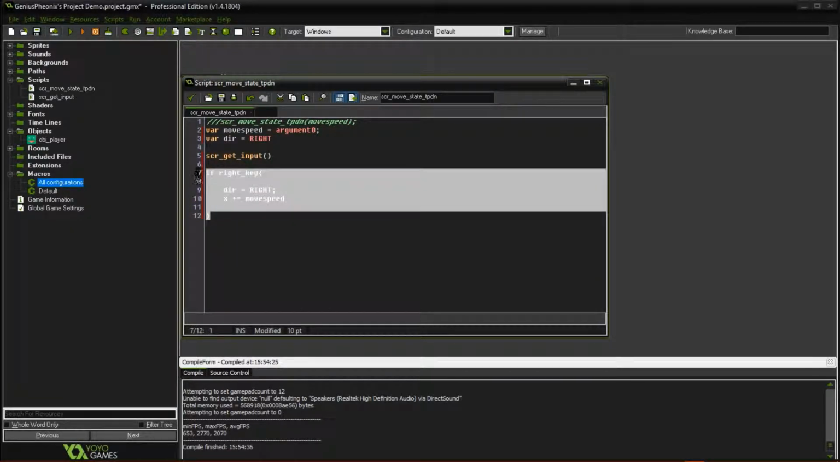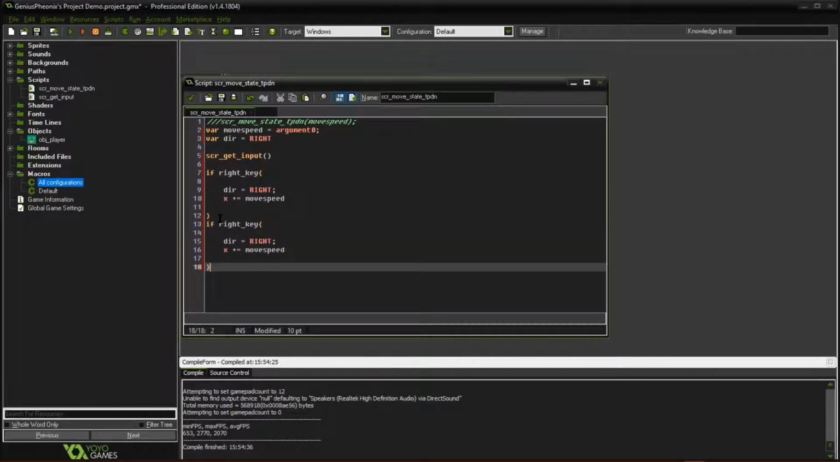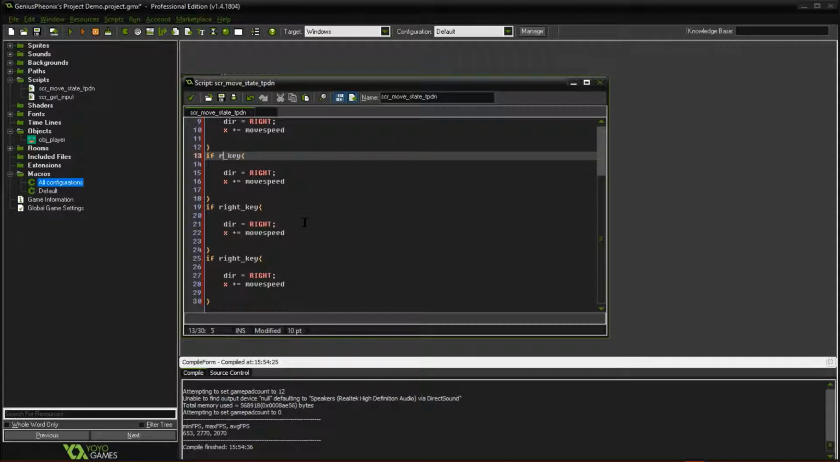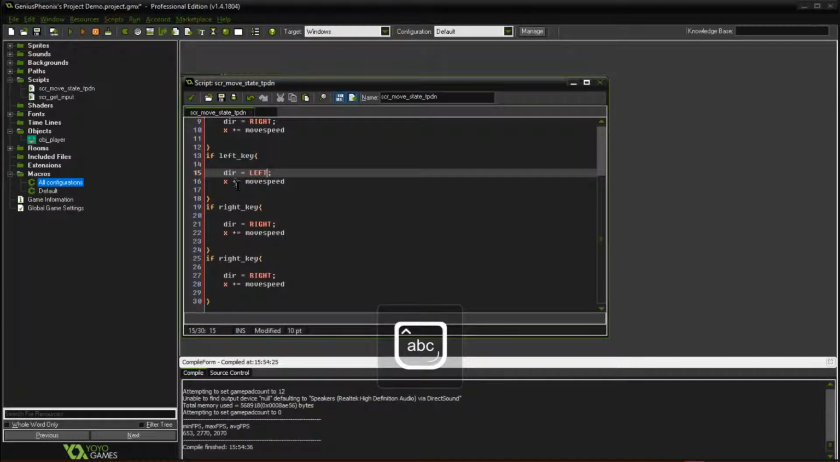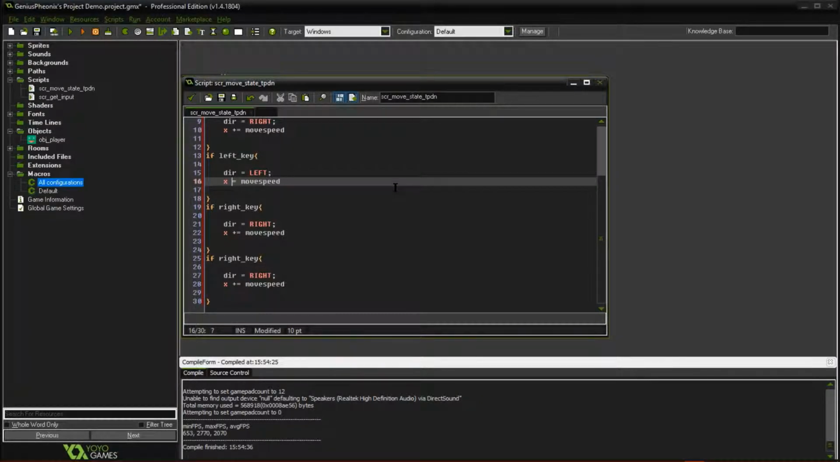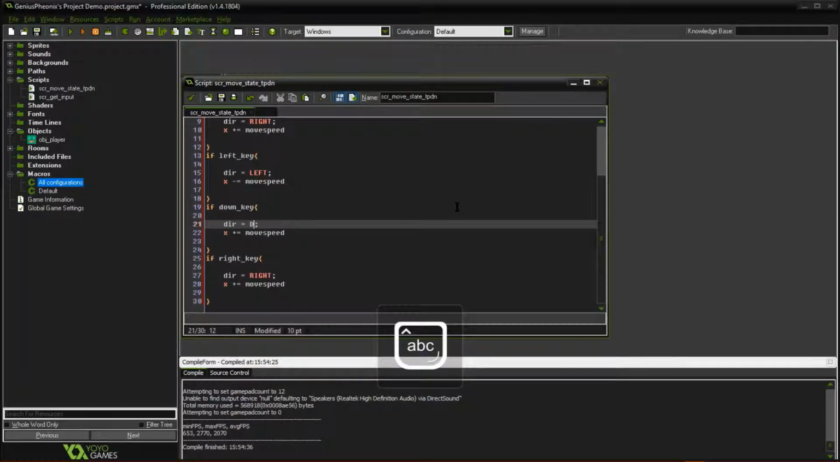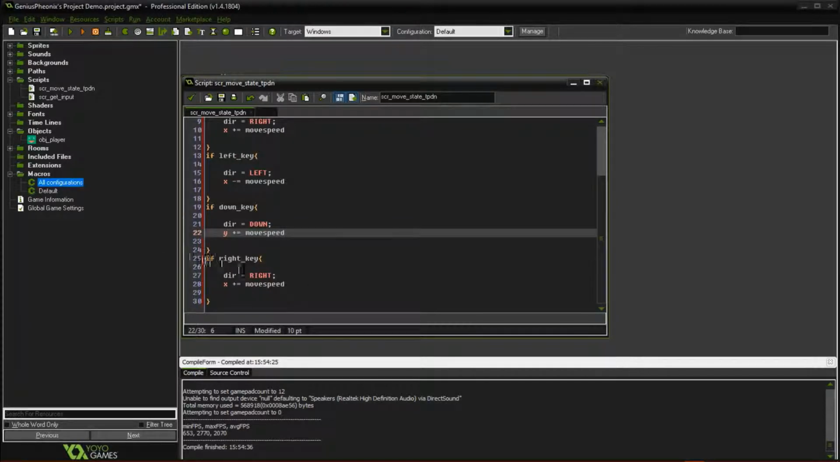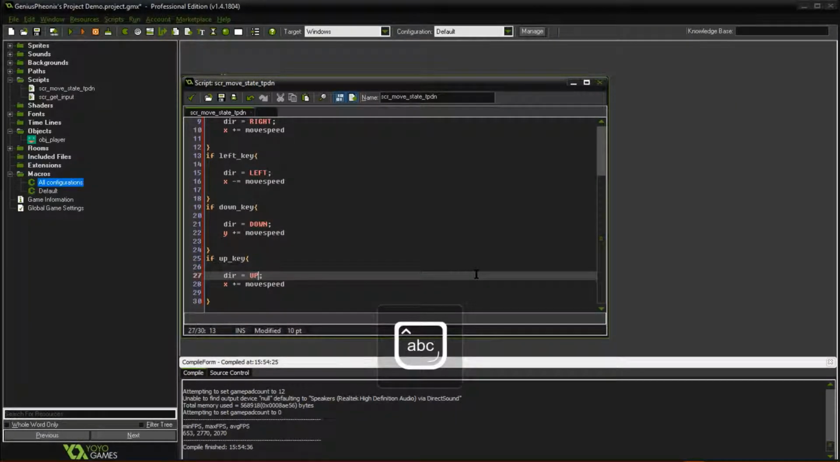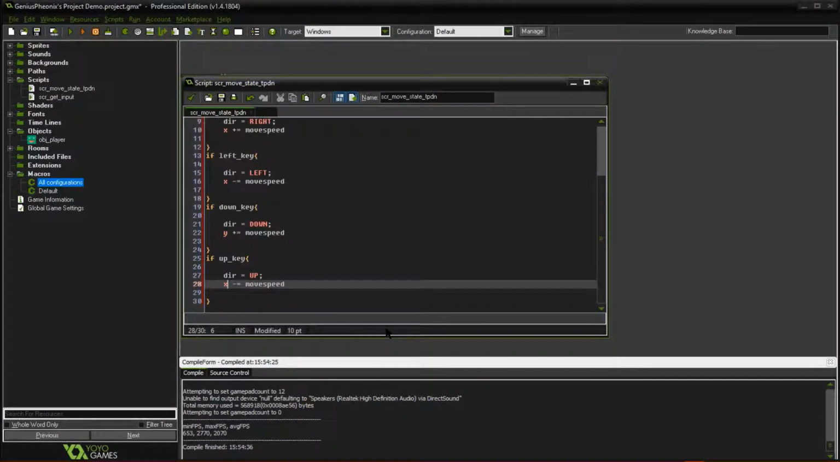and then we'll copy and paste this. Control C, Control V, 3 more times. We'll do it for all the other ones. So left, we'll set that to left, and we'll say minus equals instead of plus equals, and then down, all in capitals, and we'll change this to Y, and then up, change this to minus equals, and Y minus equals move speed,